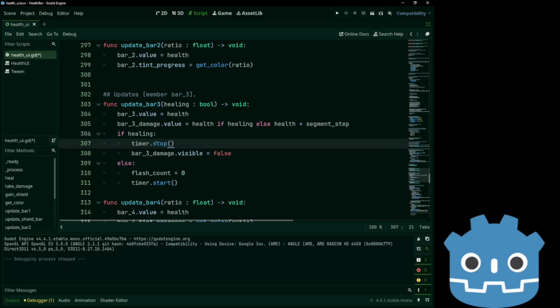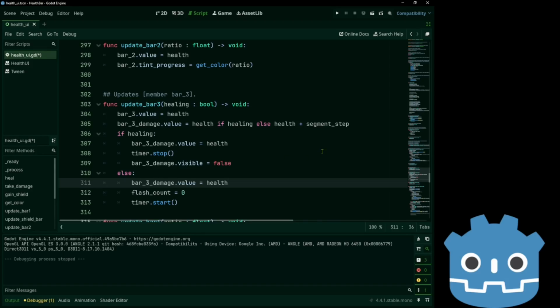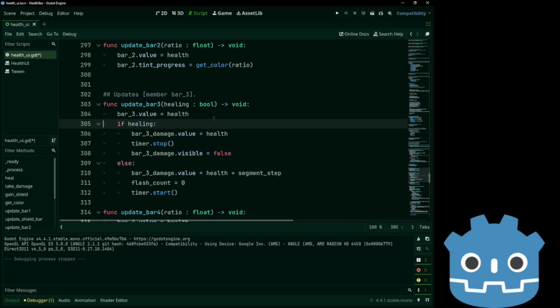And that's because if we are healing, our bar 3 damage will be hidden behind bar 3. They're both health. So there's no point in showing it. Now if you want, you can add this one inside the if, and in the else, we'll use the health plus segment step, so we don't need the ternary operator anymore.